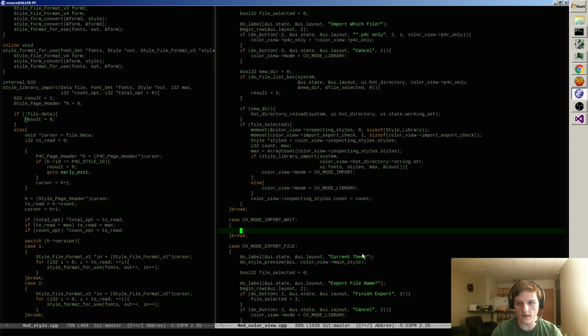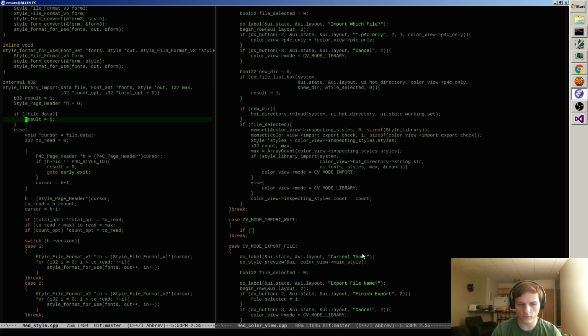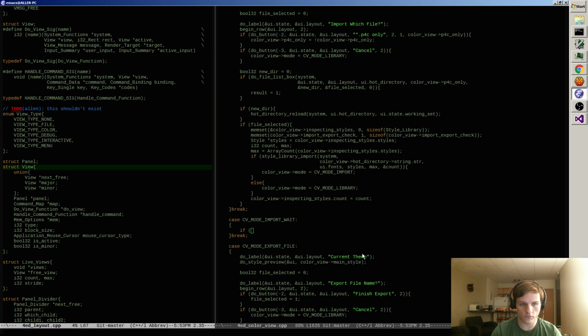And what this code does is it says look and see in the view sig view rect system